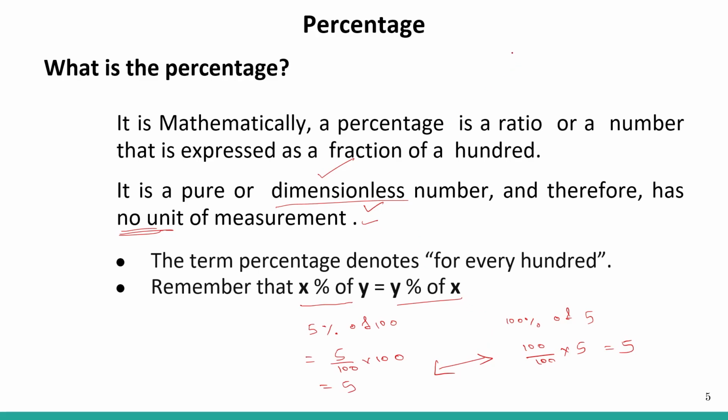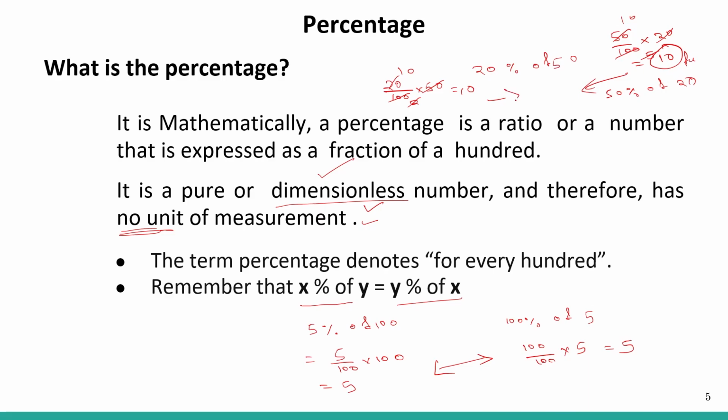Okay, let's take a tricky example, that is 20% of 50 and 50% of 20. Let's see this. So this will be 20 by 100 into 50, right? So this is equal to 10. And let's see this one. So 50% of 20. So 50 by 100 into 20. So this will be nothing but 5 and 5, 10. So this will be equal to 10. 10 is the final answer. So these two are same.